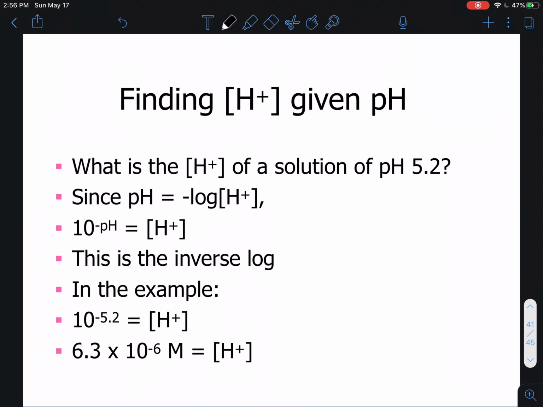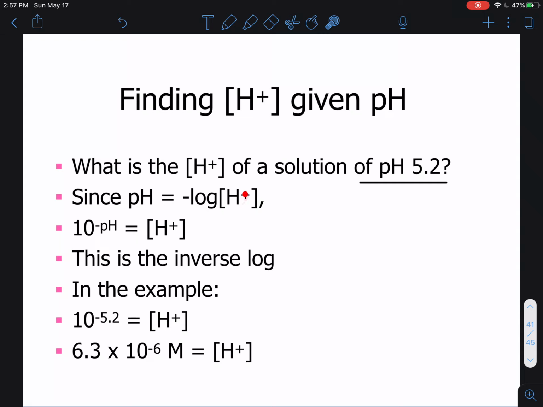What is the hydronium ion concentration of a solution with a pH of 5.2? All right. Again, since we have a solution with a pH of 5.2, we know this is the reverse. Okay. So if pH is equal to 5.2, and we know that pH is equal to the negative log of the hydronium ion concentration,